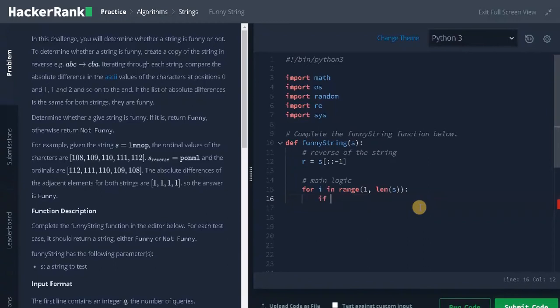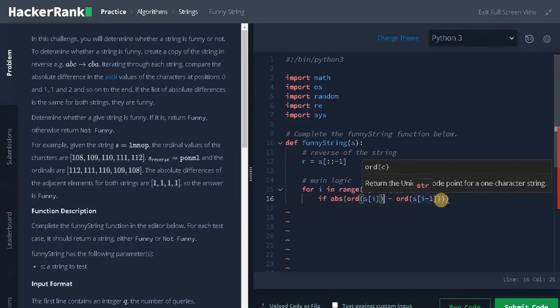Now if abs(ord(S[i]) minus ord(S[i-1])), that is the current character minus the previous character, we are going to find the absolute difference between them from the ASCII values. ord will return the order. So I think I left a bracket here, so yeah, I need to remove the bracket.